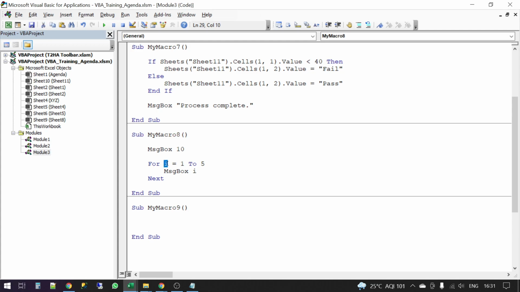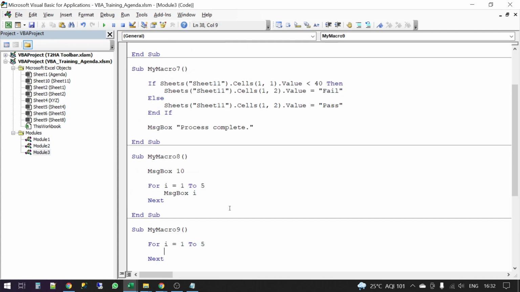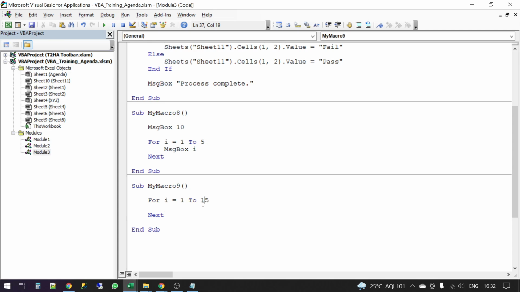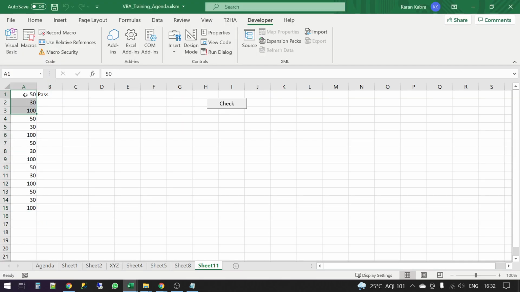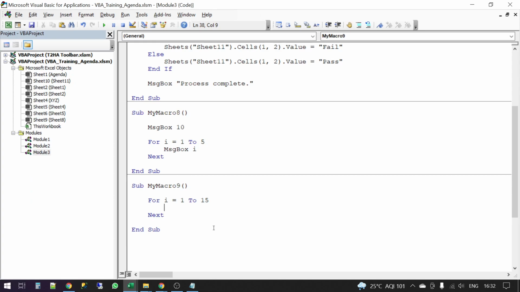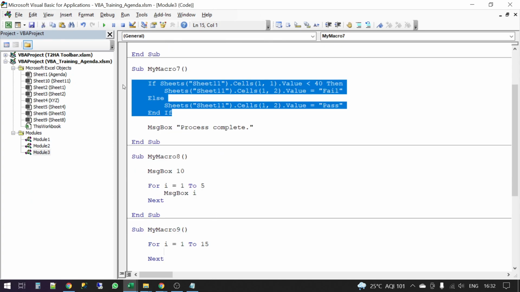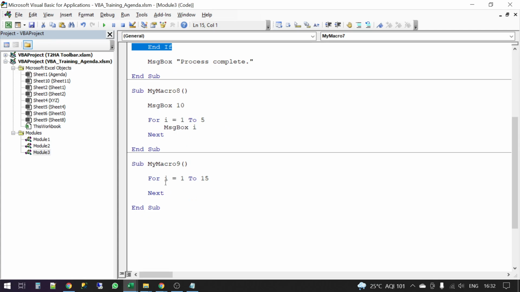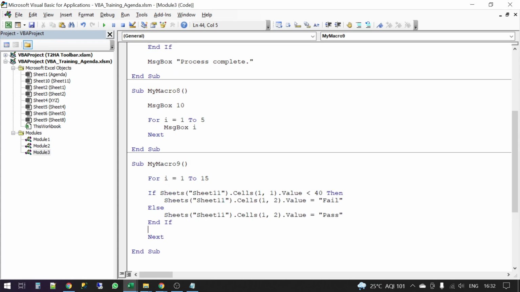So you understood the concept of incrementing the value of the variable from 1 to 5, right? This is why it ran the same code 5 times. If I copy this here, now I want to run a different code from 1 to 15. By the way, I want to run from rows 1 to 15. So I want to run a different code. What code do I want to run? I want to run this code. So for now, let me just copy and paste this inside the loop.